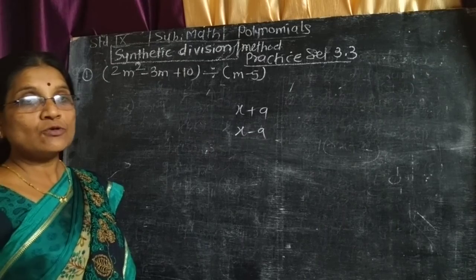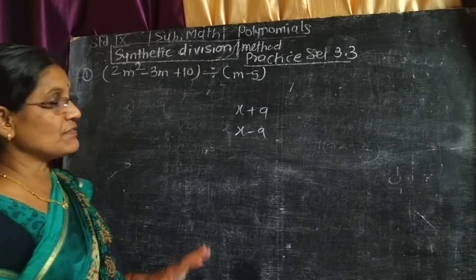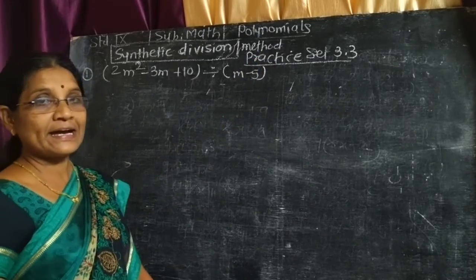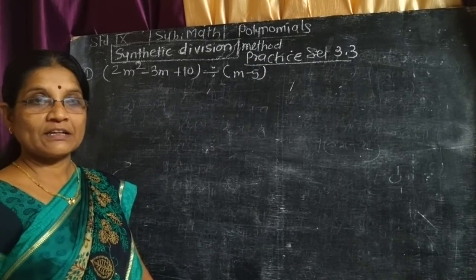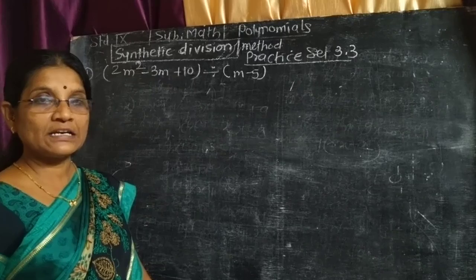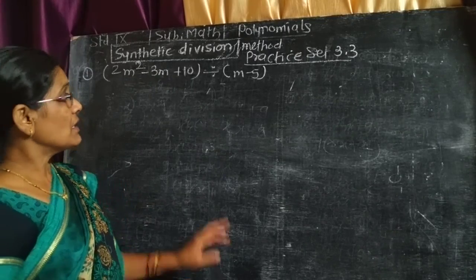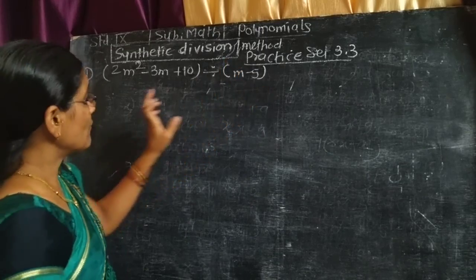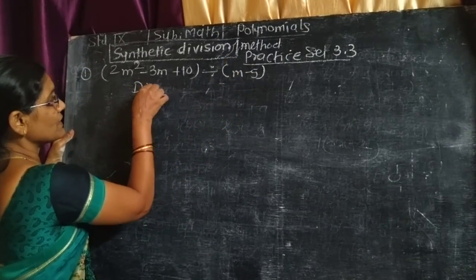नाउ सी हाऊ टू सॉल्व द एक्झाम्पल्स युजिंग डिव्हिजन मेथड. प्रॅक्टिस सेट 3.3. क्वेश्चन इज दॅट सॉल्व द फॉलोइंग डिव्हिजन्स बाय युजिंग सिंथेटिक डिव्हिजन मेथड. See, this is the dividend and this is the divisor. We write that the dividend is equal to